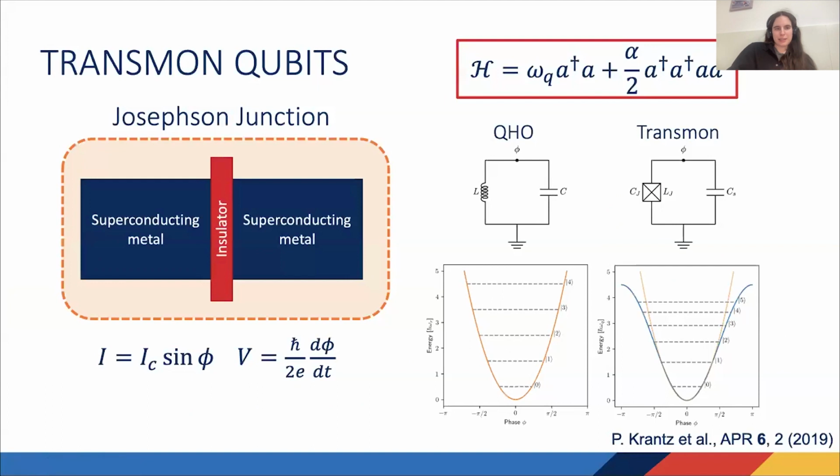So I study a specific type of quantum bit. This is the way that we physically represent the quantum information. It's in what's called a transmon qubit or a superconducting qubit. This is the kind that I work on. There are other kinds of qubits out there. But superconducting qubits are an electrical circuit